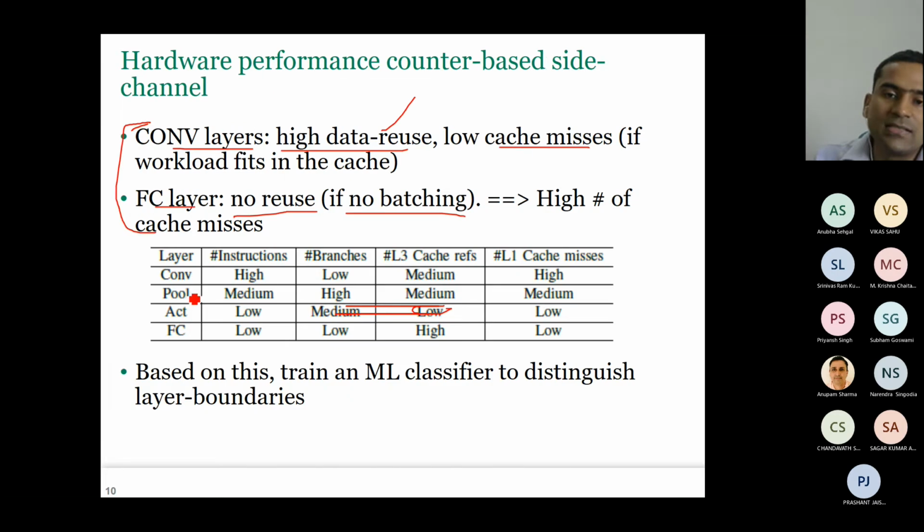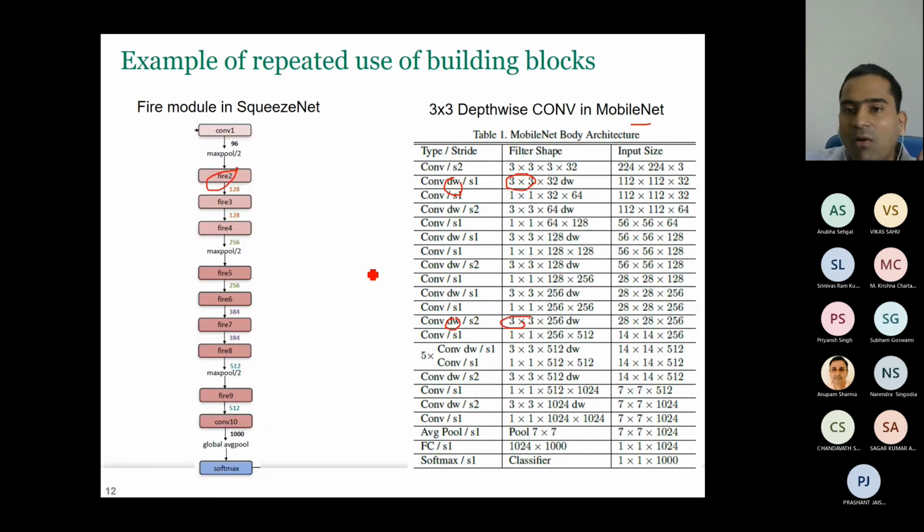For example, similar to this, they will have a certain number of instructions, a certain number of branches, a certain number of cache accesses or cache misses. Okay, so if you can observe all those, how many cache misses, how many instructions, how many branches, then you can find out which compact neural network is running here. It's like detective work, right? This is all jasusi work. You have to see what the other person is doing with a minimal amount of information.